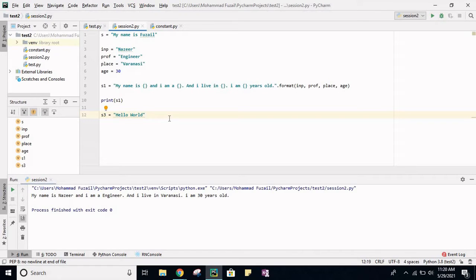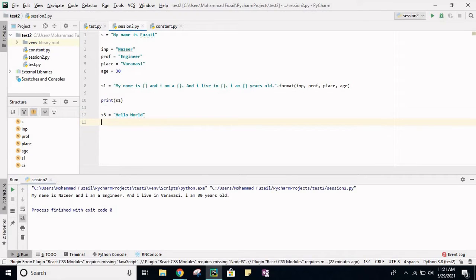What does iteration mean? Just going one by one and getting one value at a time. Suppose I go to index 0 which has the value h. I take the value h, then I go to index 1, I take the value e, and in the same way I get all these values. So iteration simply means going to each element one by one and fetching it.